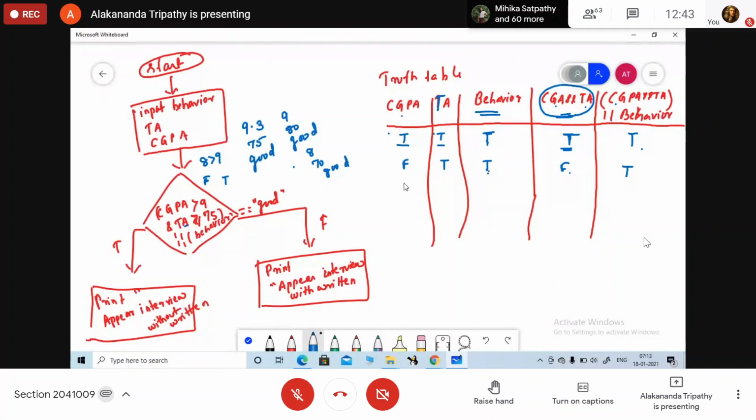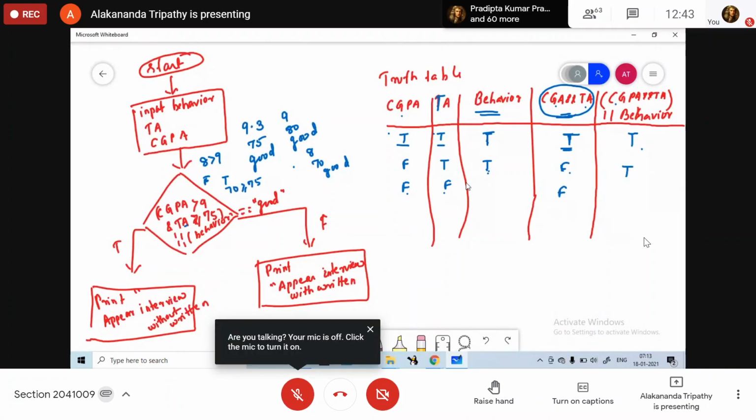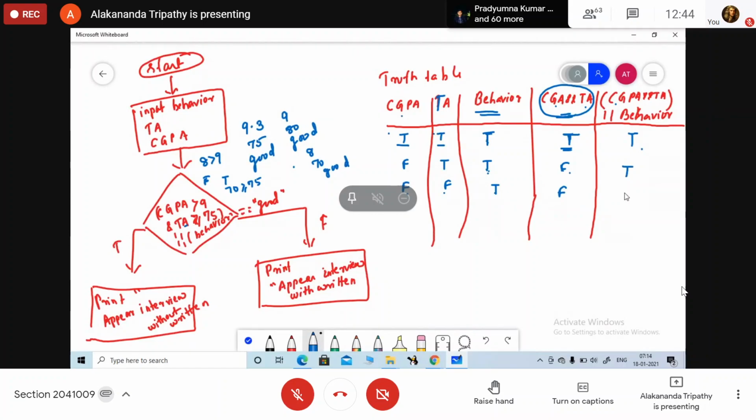What will be the value? False. 70 greater than equals to 75. What will be the value? False. Okay. So false, false. What will be the value here? False. And my behavior is good. The true is there. True, false. What will be the value here? True.